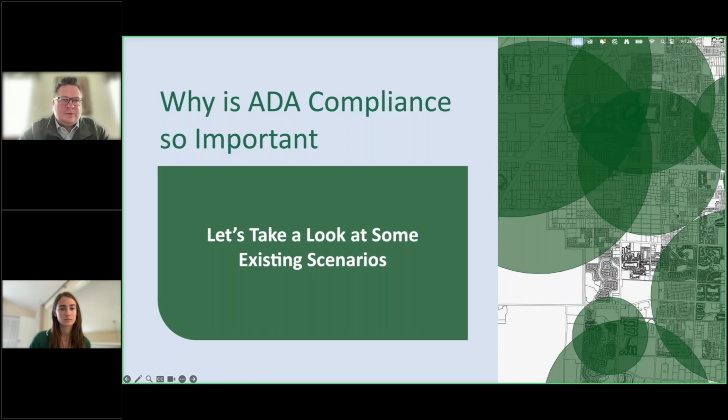So when we think about ADA compliance, one of the challenges that we've seen throughout South Florida is the issue around the contemplation of what would happen if you're not ADA compliant. So there's a bit of a narrative that has resulted in local municipalities being engaged in legal or litigious scenarios, which is making them exposed to basically legal action from a city perspective. So there's kind of a real world scenario, and then there's a more practical scenario, which is that the internet and generally digital tools often can become restrictive or become difficult to access as a result of not being transferable